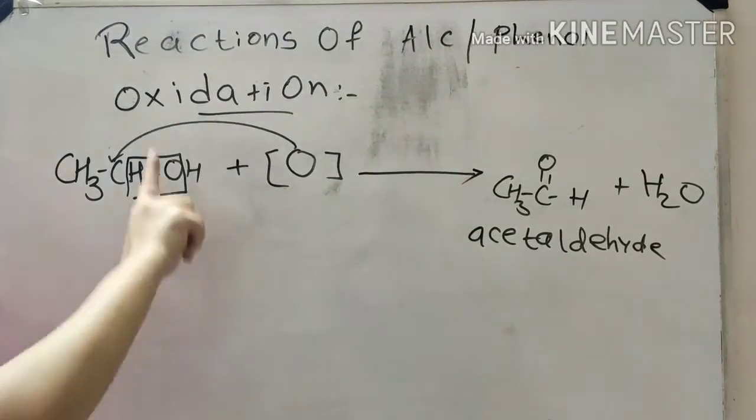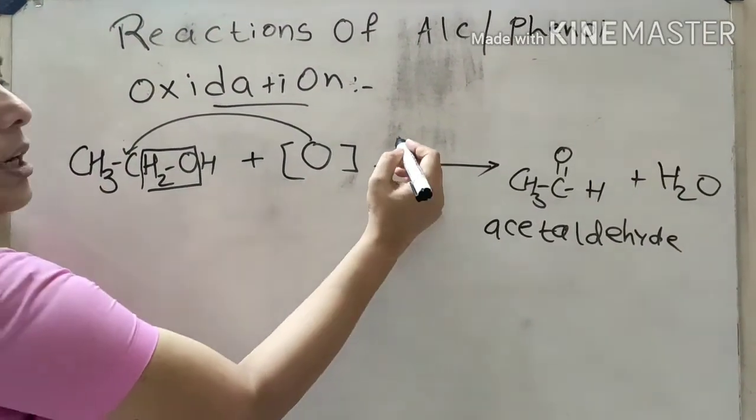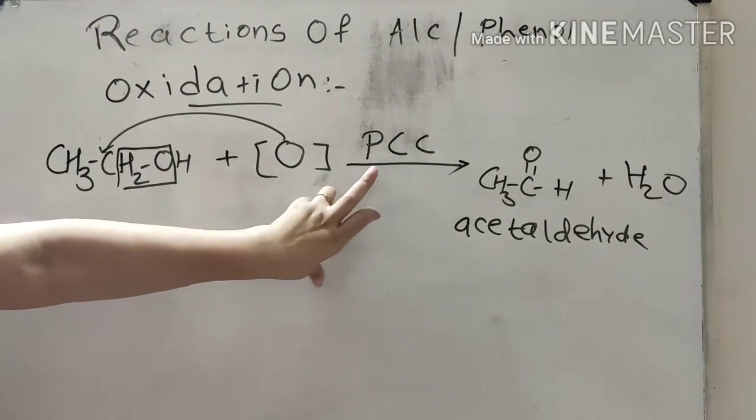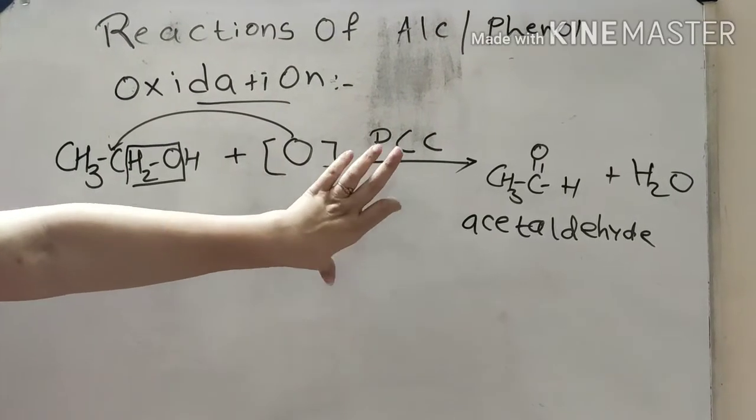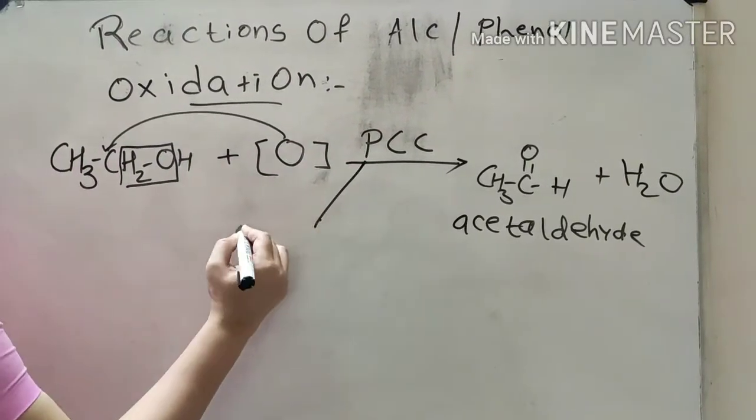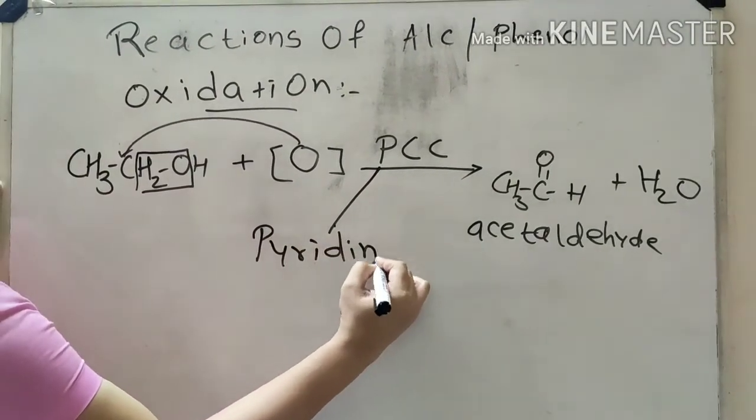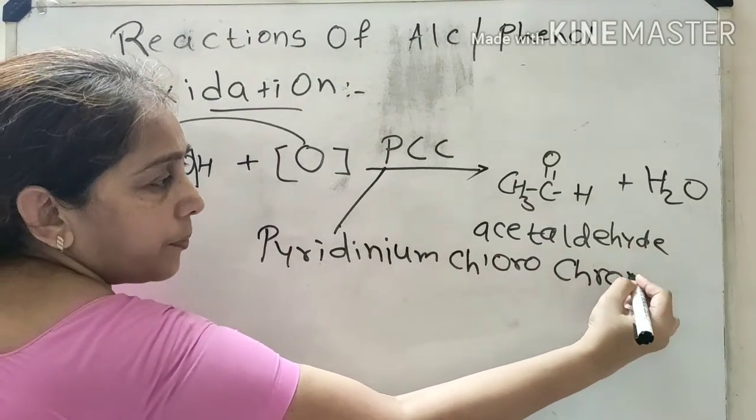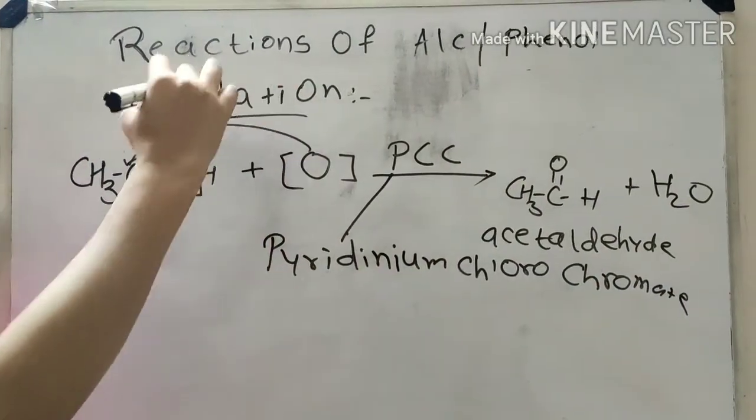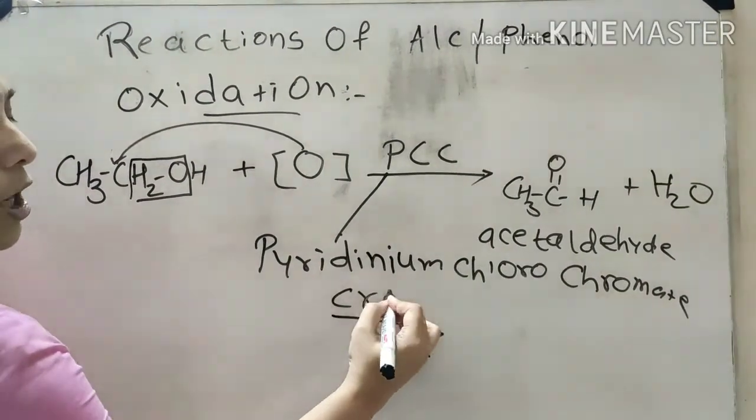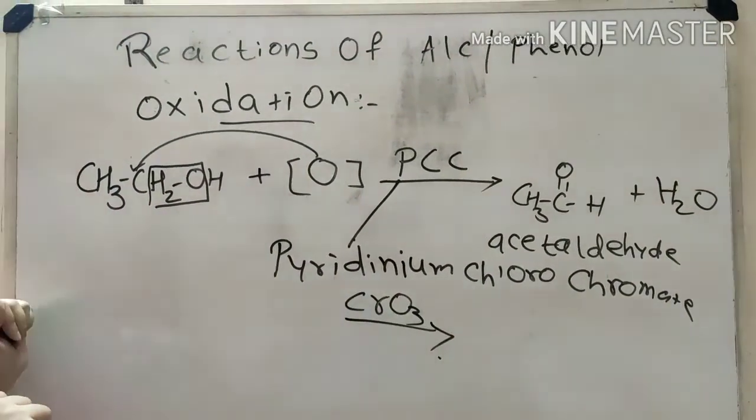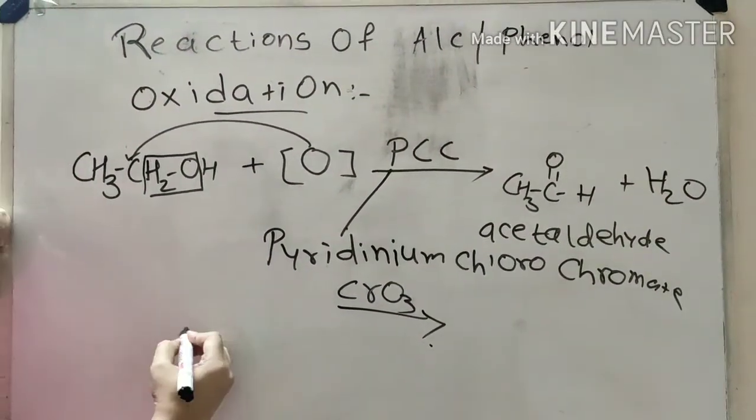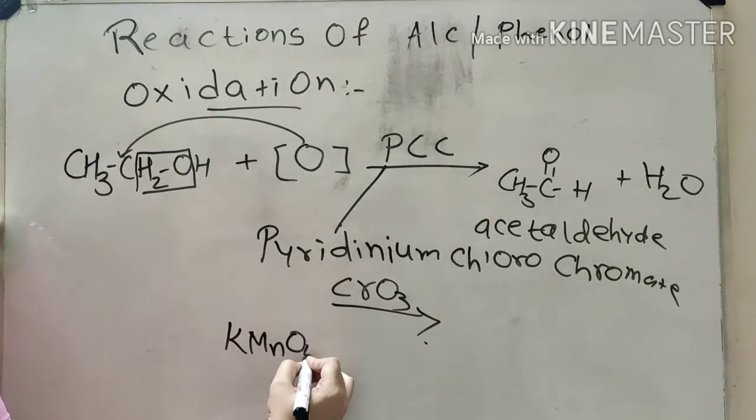For this oxidation, we can use PCC. What is the meaning of PCC? It is known as pyridinium chlorochromate. Under this reaction, CrO3, chromic oxide, we can also take. But if we use another oxidizing agent like KMnO4,